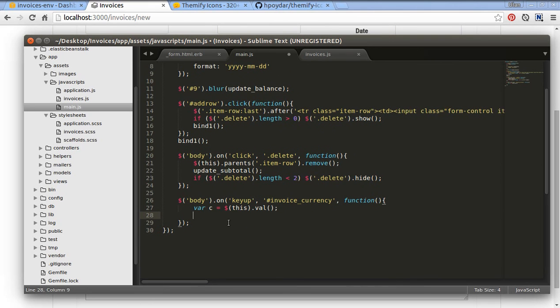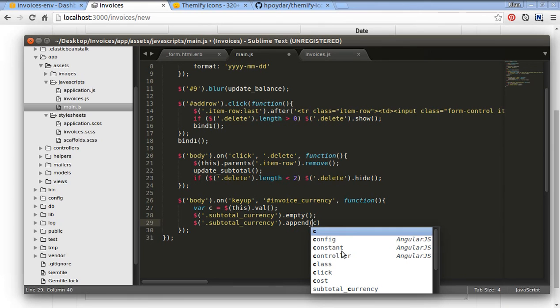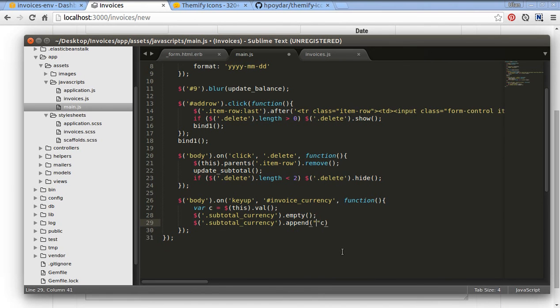So the function is, first we need to select subtotal currency and empty the contents, and after that append the value of C. So append C. First maybe we need to append the space. Okay, put semicolon, save the file,